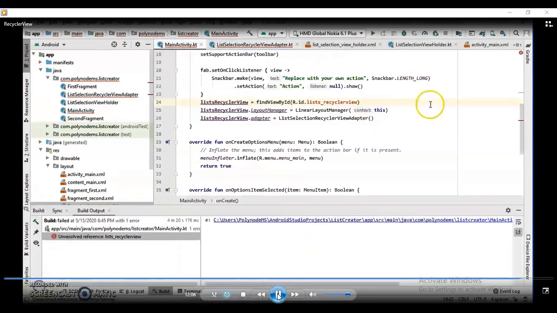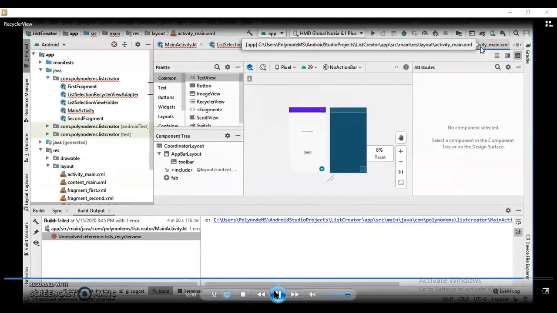So here one error has been thrown, that is unresolved reference to list recycler view. So I will be going into my content underscore main XML file. I will be opening it in design view, and list recycler view is the identifier given to the recycler view.